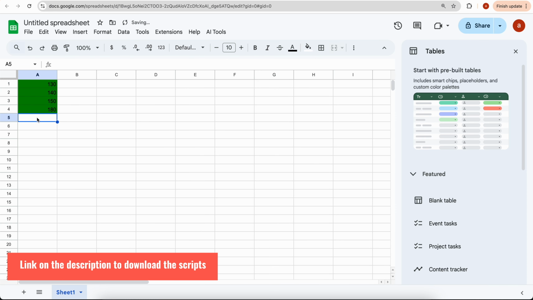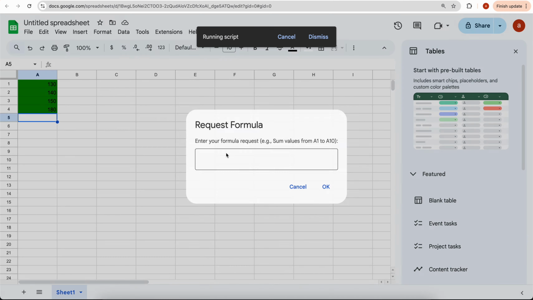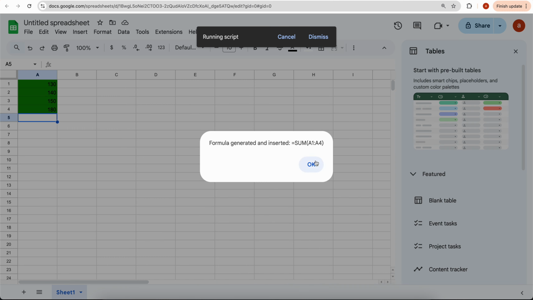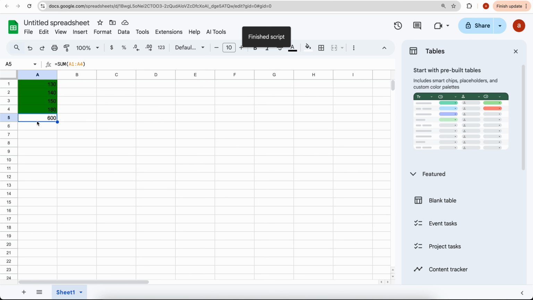I'll enter a few numbers in cells A1 and A4. Then I'll go to AI Tools and use the prompt Calculate A1 till 4. Our assistant will handle the calculation automatically. There you have it. With just a few clicks, we have automated calculations and much more at our fingertips with